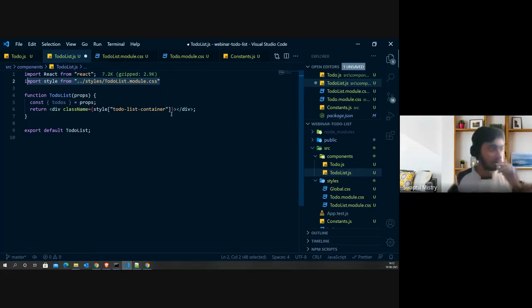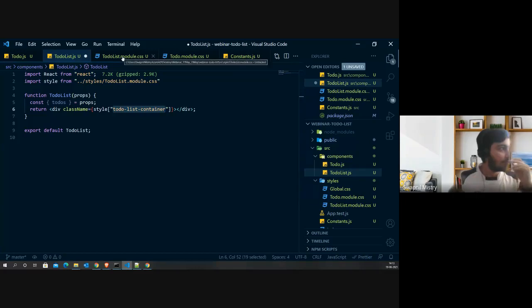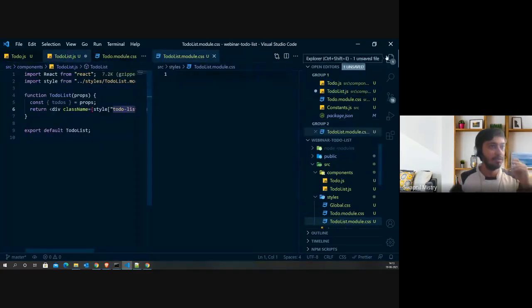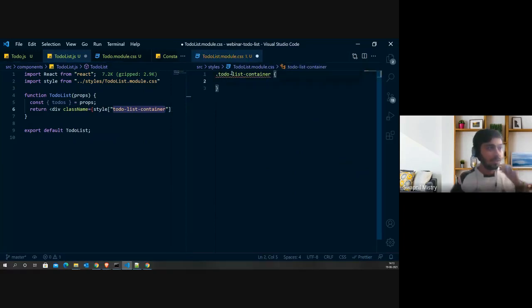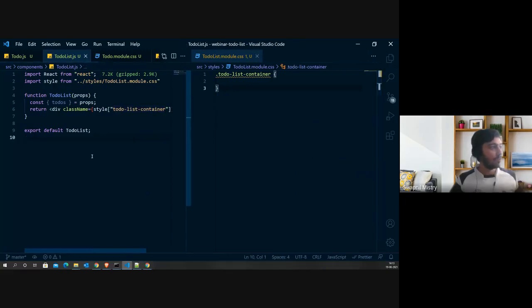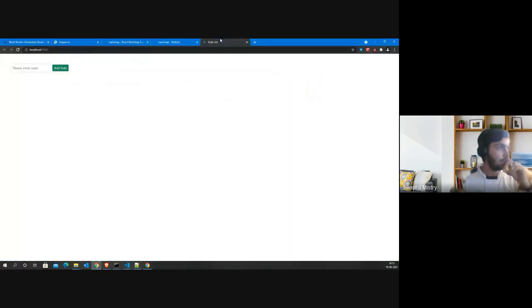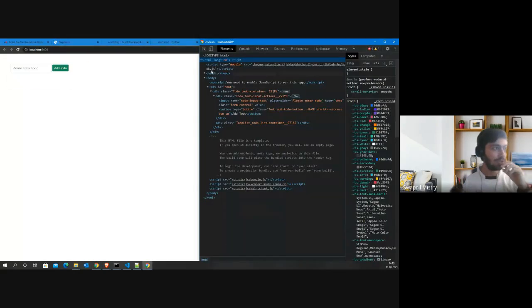So now it's really simple. We are already extracting todos from the props. Okay, now what we need to do is iterate over these todos. So we already have a class name over here which is called todo list container. Okay, so let me just open it side by side so that we can take a look at the CSS part too. So I will just grab this and add it over here. Okay, so as of now what I will do is I will try to mimic some CSS parts from the browser DOM itself so that I don't have to save it again and again and reload.